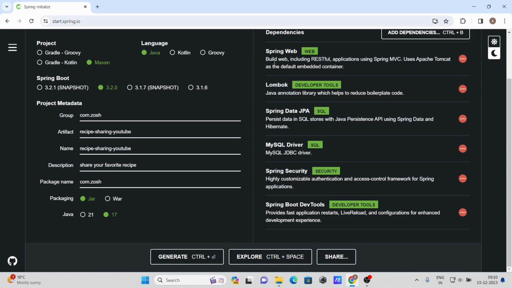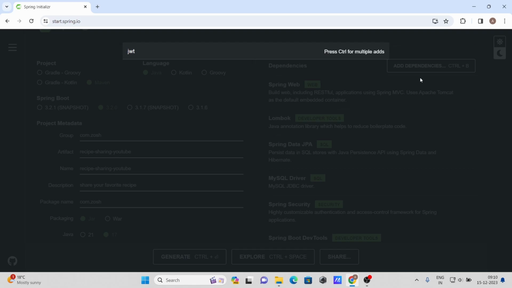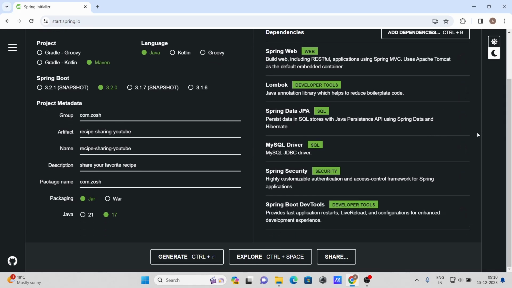And let me check any dependencies we are missing. So Spring Web, Lombok, Spring Data JPA, MySQL driver, Spring Security, Spring Boot Dev Tool, and of course we need to add JWT related dependency as well, but unfortunately we can't find the JWT dependency here, so we'll add it manually. Okay, so no worries about that. And I guess now we can generate our project. If we need any other dependencies, then we will add it manually. Okay, so now let's click on generate,